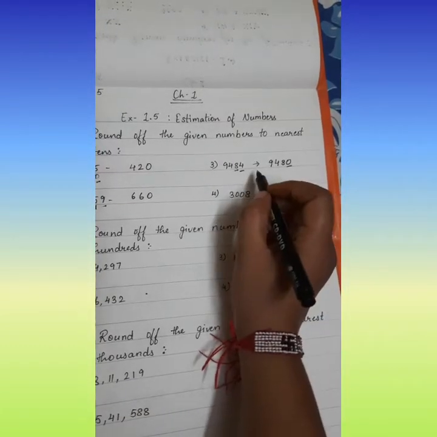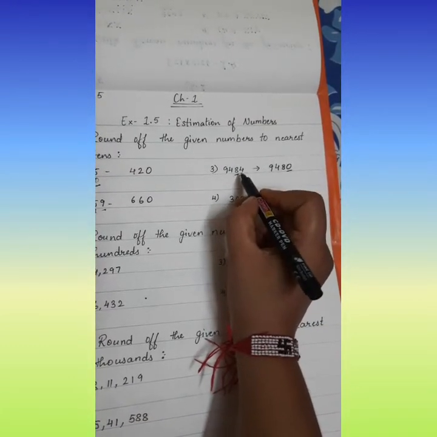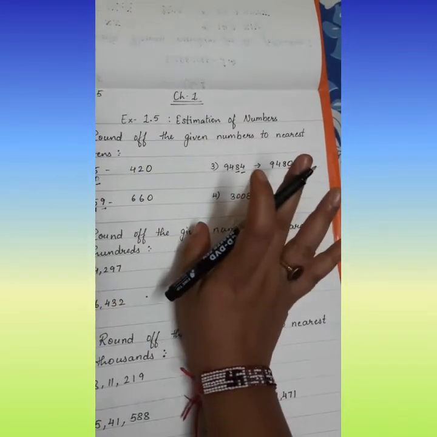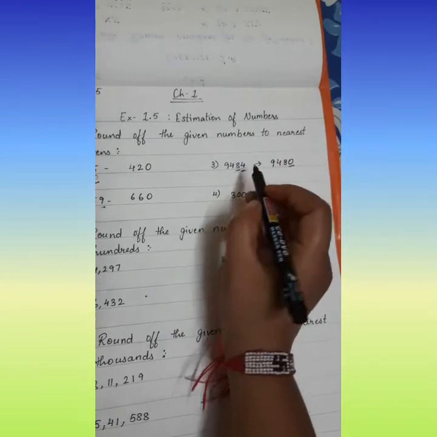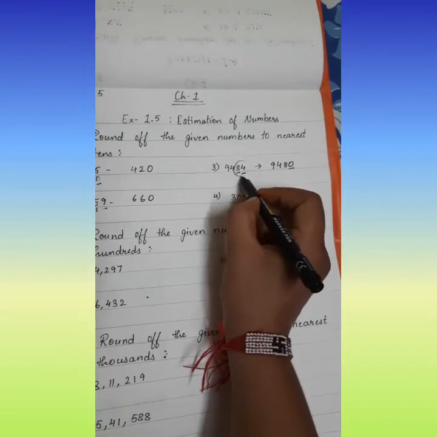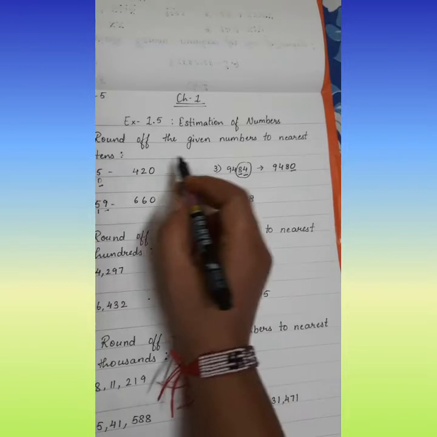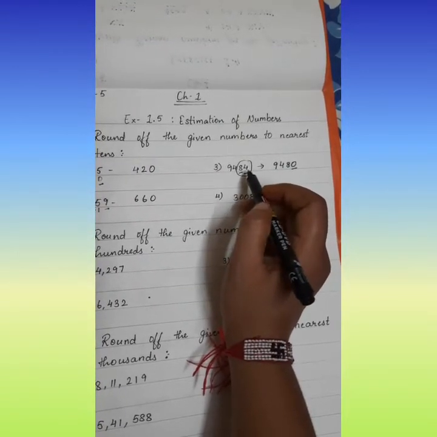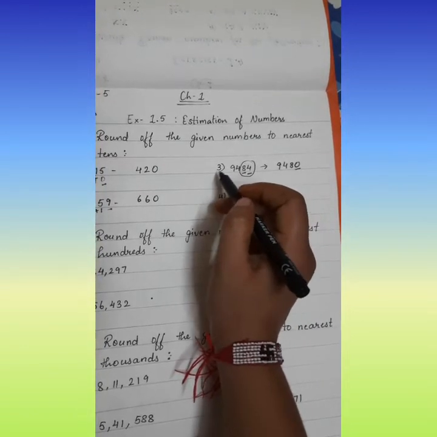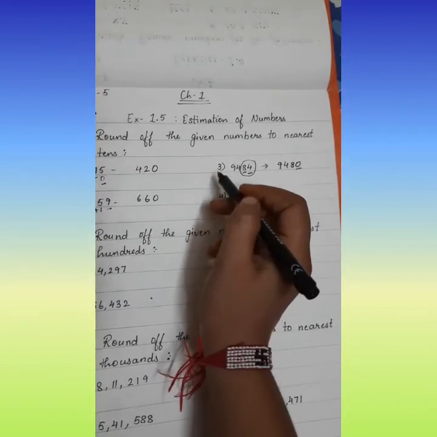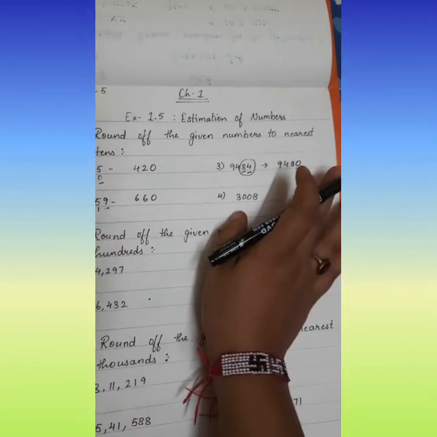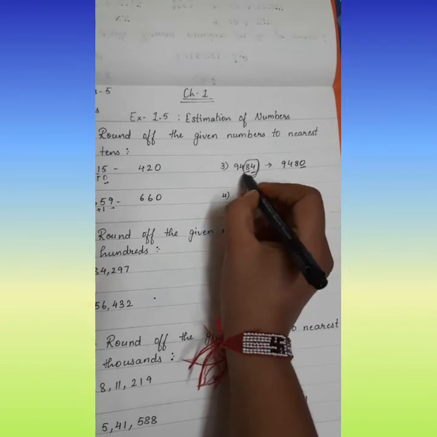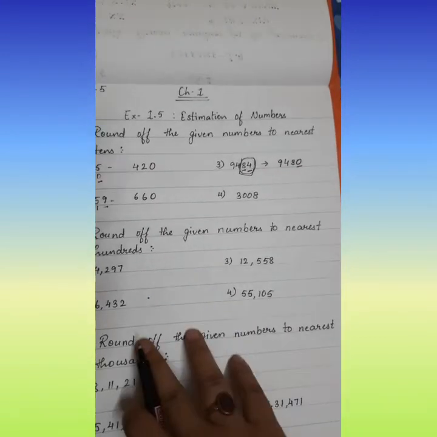One more thing you can see, notice over here, howsoever long the number is, we don't have to bother about anything. We just have to see our two positions, the ones and tens positions if it is given for the tens. Nothing to worry about 100 or 1000, 10,000, anything. Let it be the number. We just have to see these two numbers and carry out the calculation.